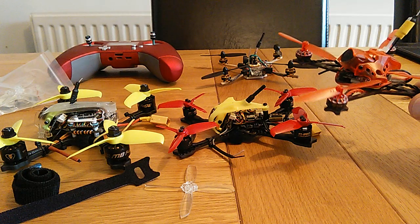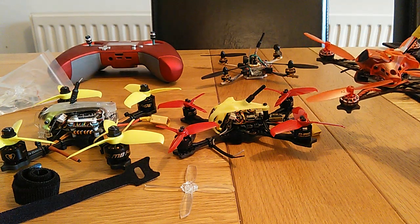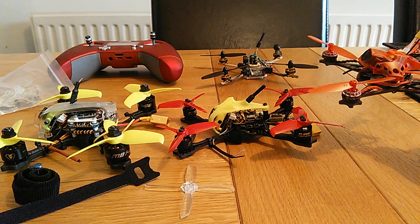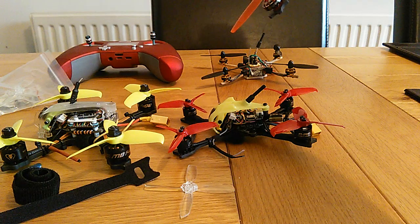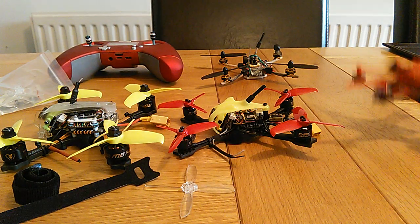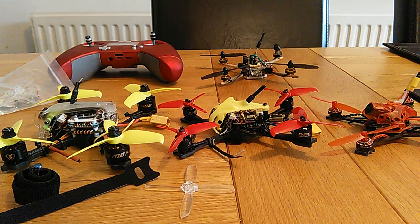Whereas this has got the power, not quite as much, and it's not as floaty. It's lighter, so it stops. You fling it over the bush, it gets to there, you drop the power, and it just stops, pretty much. Whereas this carries on, depending on what battery you put on there. I flew with 300 mAh 3S, and on these props I can get 3.5-4 minutes of a mix of cruising and fairly hard power,